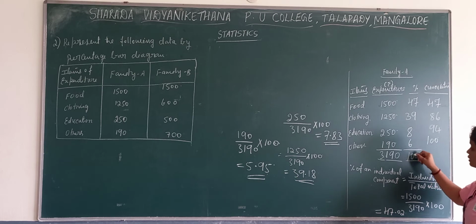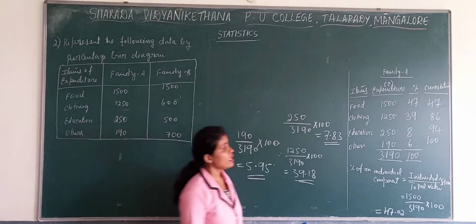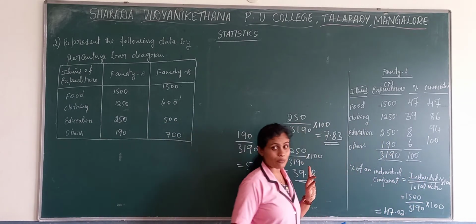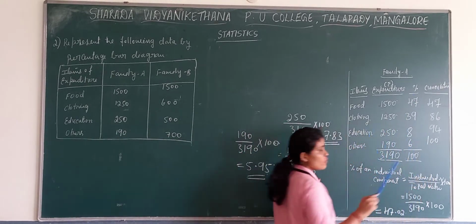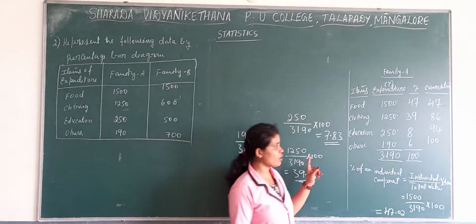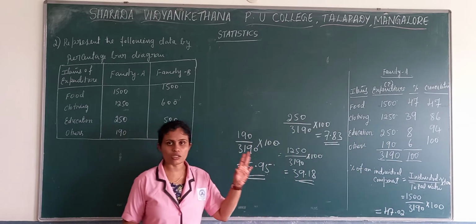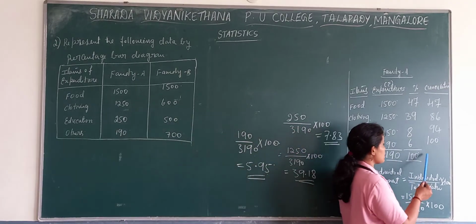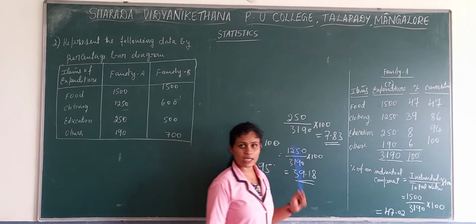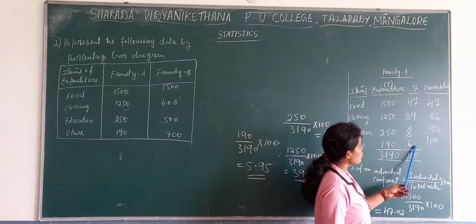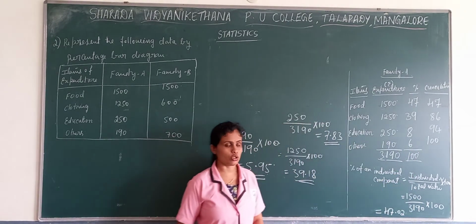We need to get there 100. Sometimes what happens is, your values, calculation, everything will be proper, but here you will not get 100. You will sometimes get 99 or 98. In such a case, you have to increase any one value, and anyhow you have to make it 100. It is not a problem, nothing wrong with that, but we need to get the total as 100. Most of the time we may get 99 sometimes. But you have to increase any one value. Now here we get 100, so no problem.